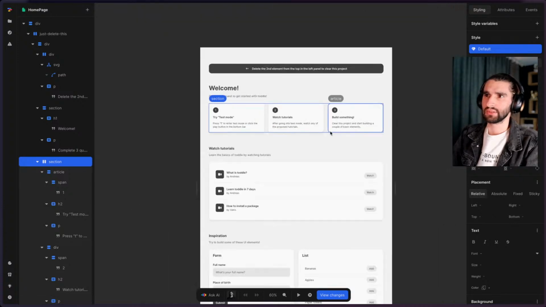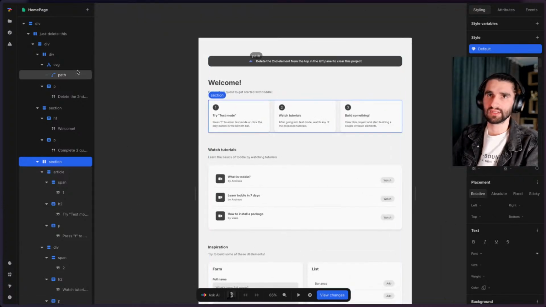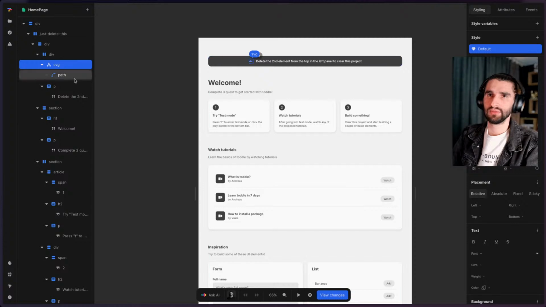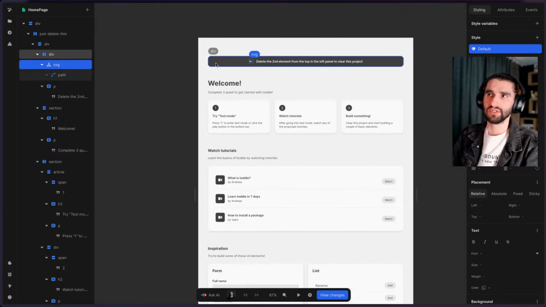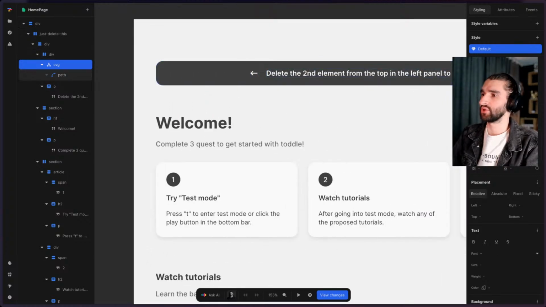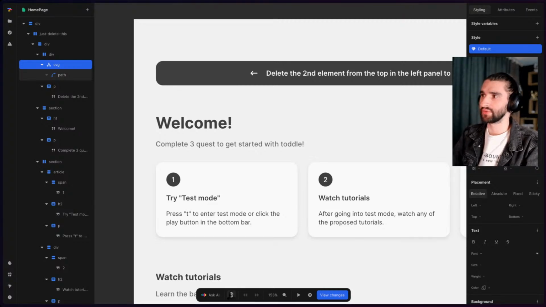And I am curious what they do for the CSS. We have an SVG here with a path. So I wonder how this SVG was created. Can I just copy an SVG and paste it into here? Or is this some kind of special way of creating SVGs? So I'm gonna